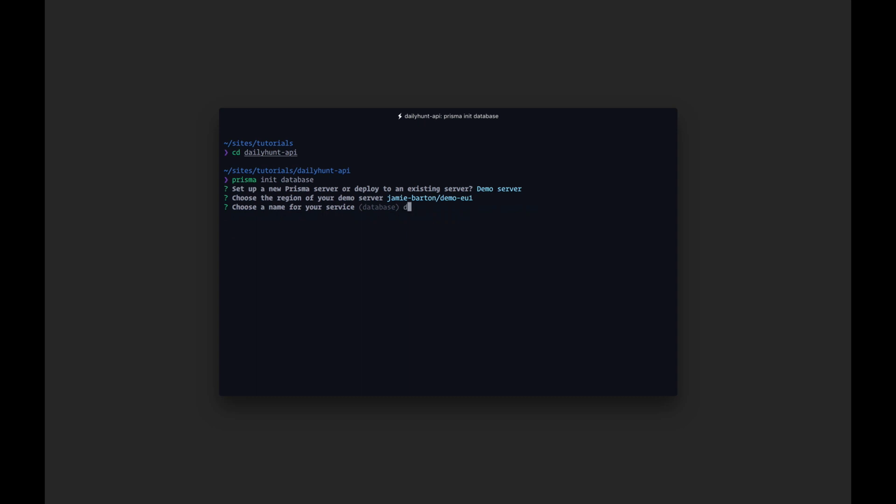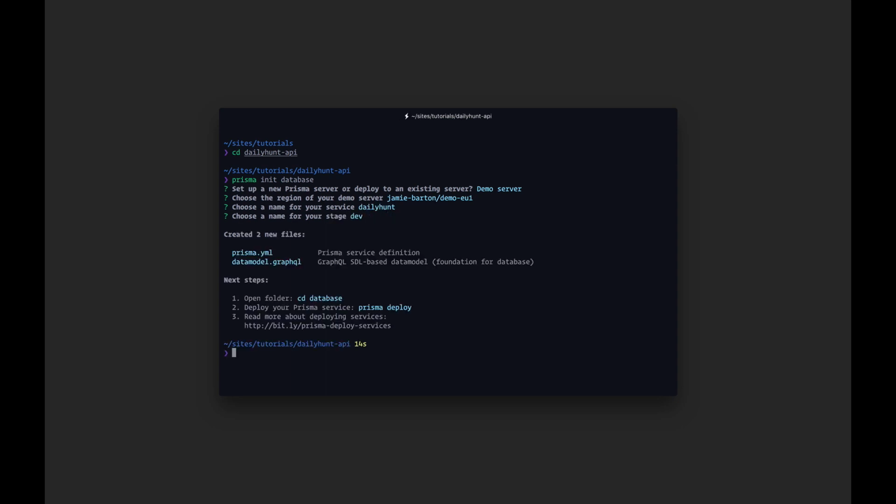Then with that chosen, we're going to give a name for our service. I wouldn't call this database, although we named our project database. Let's call this, on the Prisma side, give it a real name. And in this example, I'm going to use Daily Hunt. Then we'll keep the stage dev. You can also deploy and create a production or a staging or any other types of stage for your database. And this is great if you're working in development and production and you want to deploy to multiple instances on Prisma. You can, so that's what that field is for,